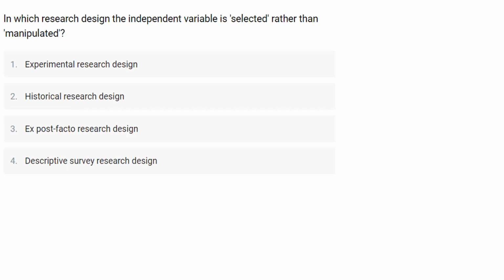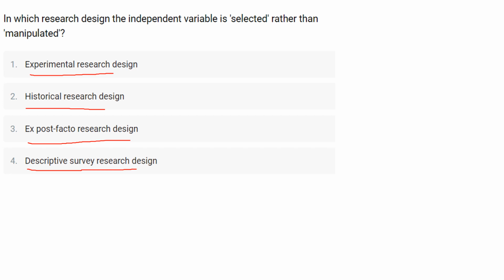In which research design the independent variable is selected rather than manipulated? So here in this question they gave you the 4 options and they ask you in which research design the independent variable is selected rather than manipulated, for which the first option is experimental research design, second one is historical research design, third one is ex post facto research design, and the last one is descriptive survey research design.